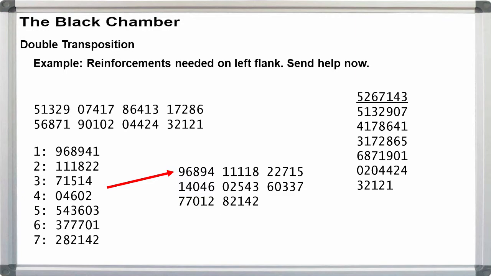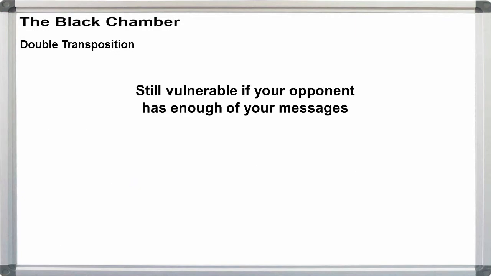11118 22715 14046 02543 60337 77012 82142. Unfortunately, again, with a large enough base of encrypted messages to work with, the enemy can eventually unravel the